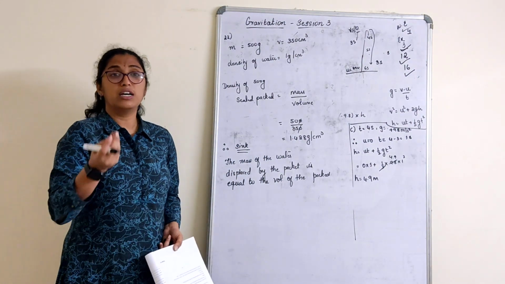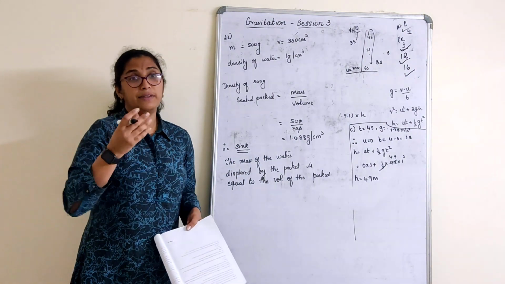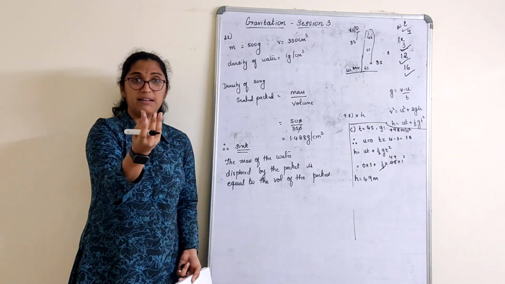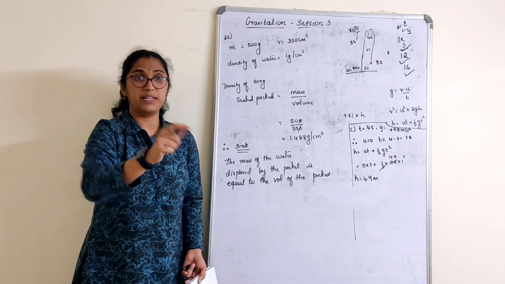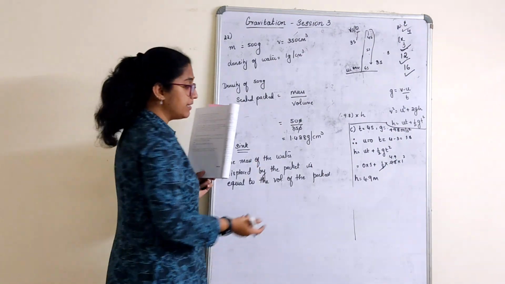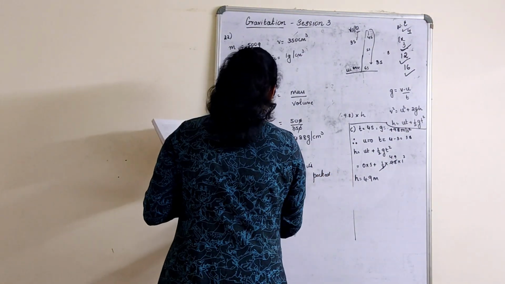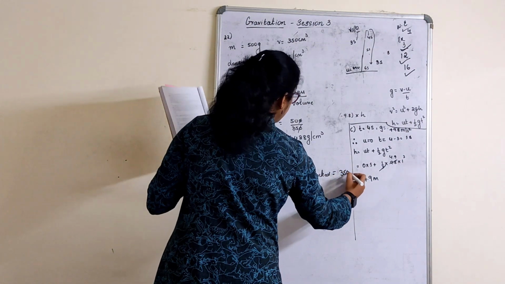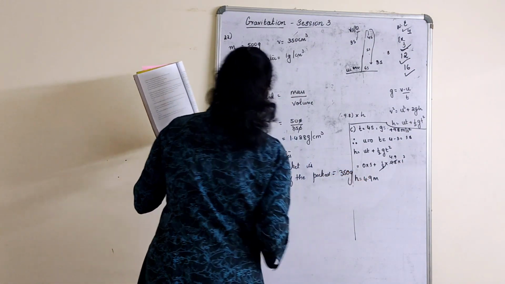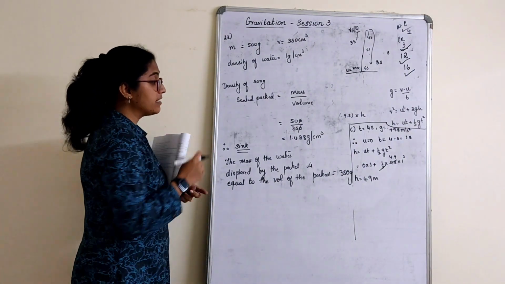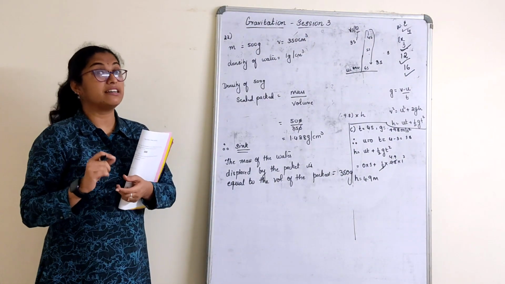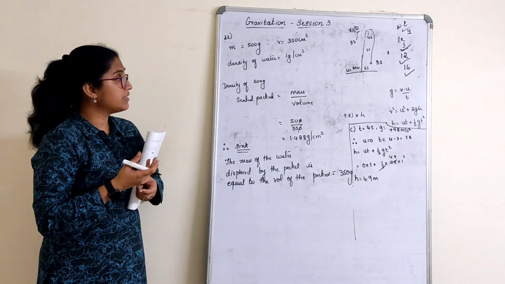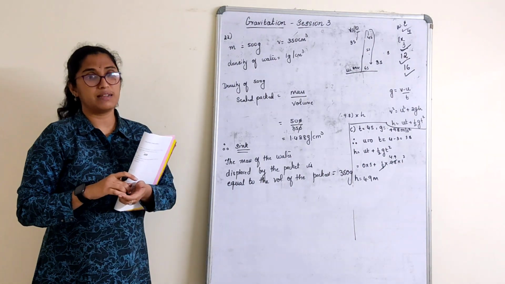Of course it is. You put a lemon in a glass. I mean, for example, if you put that, how much mass is expelled out? Whatever is the mass of the lemon, whatever is the volume of the lemon, that much amount of water will be expelled out. So it is equal to the volume of the packet, that is 350 gram. The mass of water. Now, why it is 350 gram? Because we are checking the mass. We are not checking the volume. Mass of water. Whatever is the volume part, that in terms of grams you have to write.